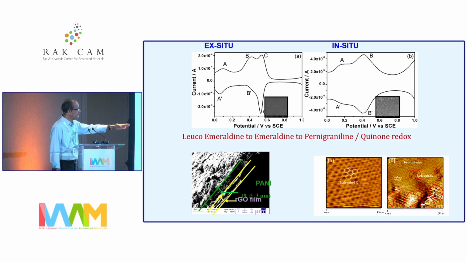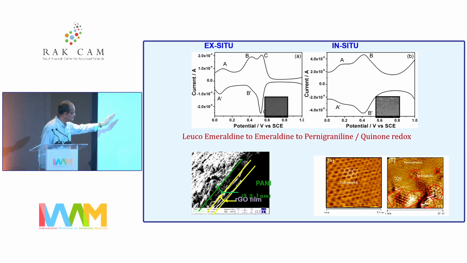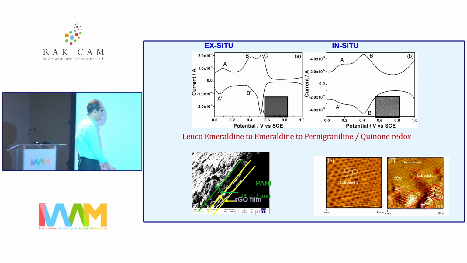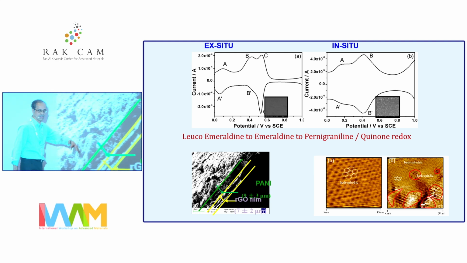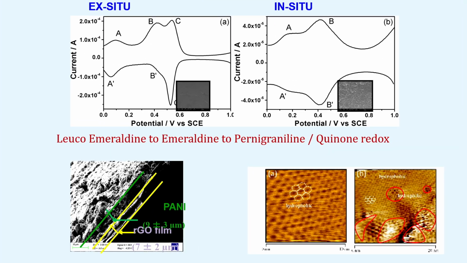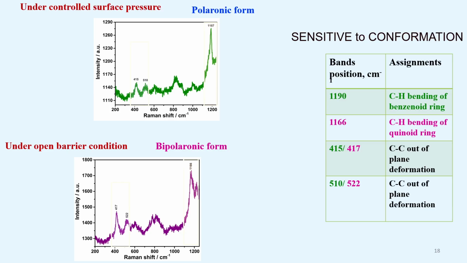Of course, one can have this polymer put on a surface and then control the thickness and things like that. I particularly wanted you to look at this one because this thickness is important, because subsequently I'm going to use this for electrochemical actuation purposes. And how do I know that I have a polaronic or the bipolaronic structure? Look at the Raman spectroscopy, both in situ and ex situ,